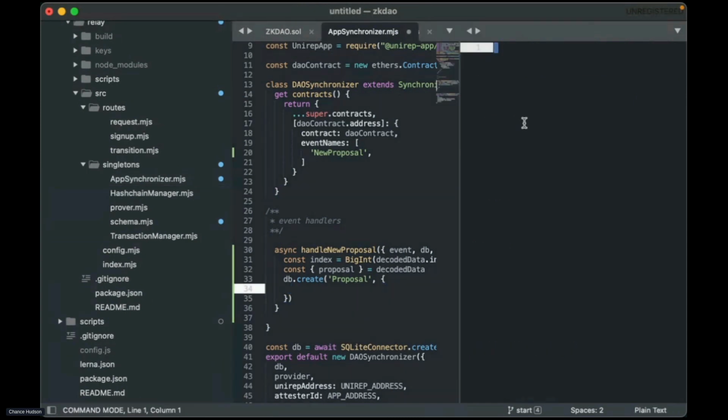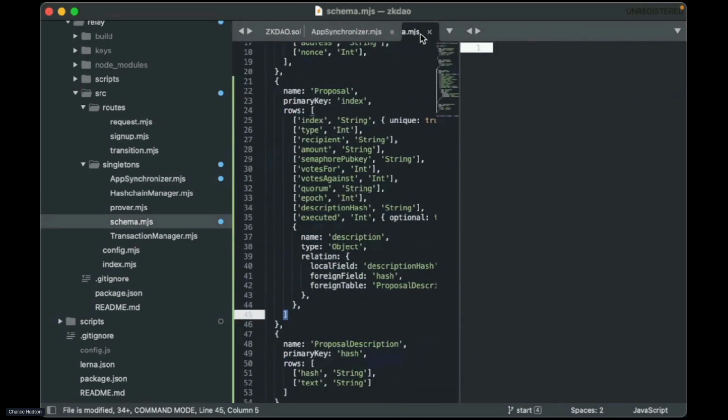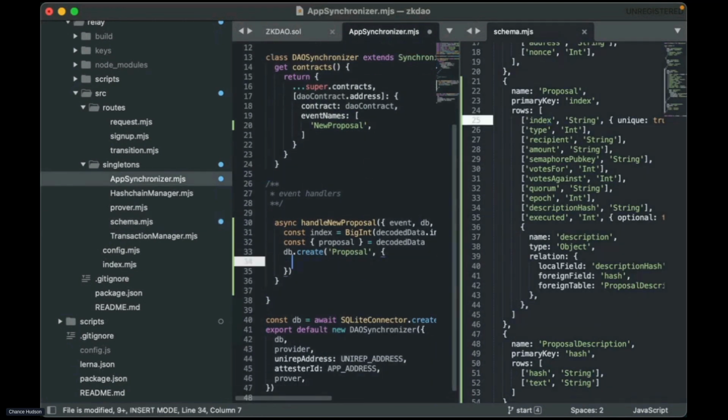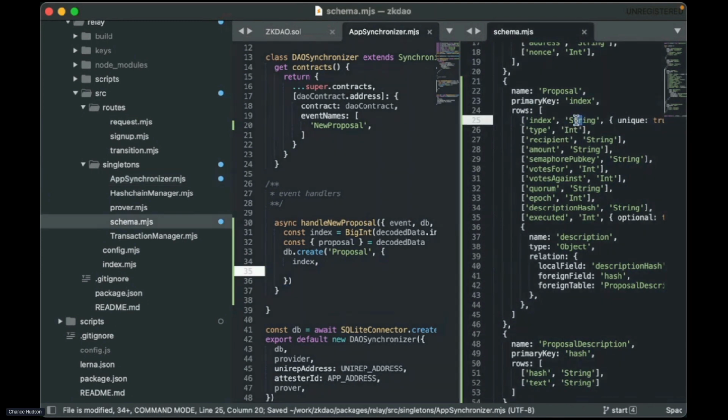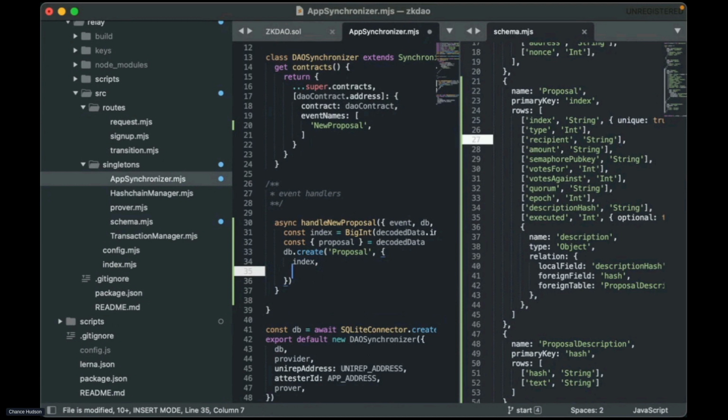So we want to create this. Let's take a look at, oh, the screen's so small. Okay. So we're going to set the index to index. Another note, we store most big integers as strings and we serialize them as decimal. It just turns into a mess if you have different encodings. And storing big numbers as strings is super inefficient because storing them as binary representations is much smaller. It's the smallest you can possibly make it. That's something we're going to add in the next version of AnonDB. But for now, we use strings.